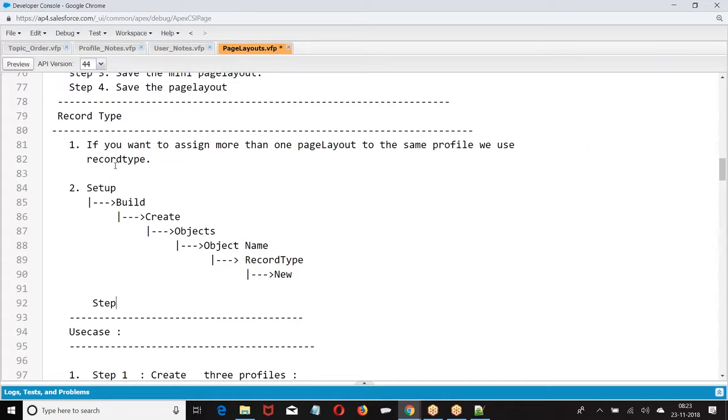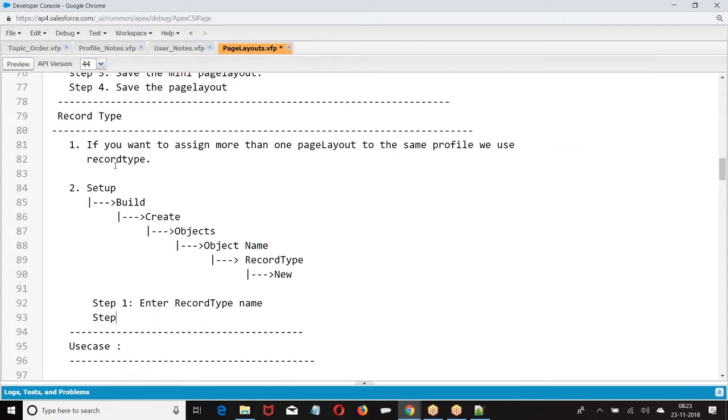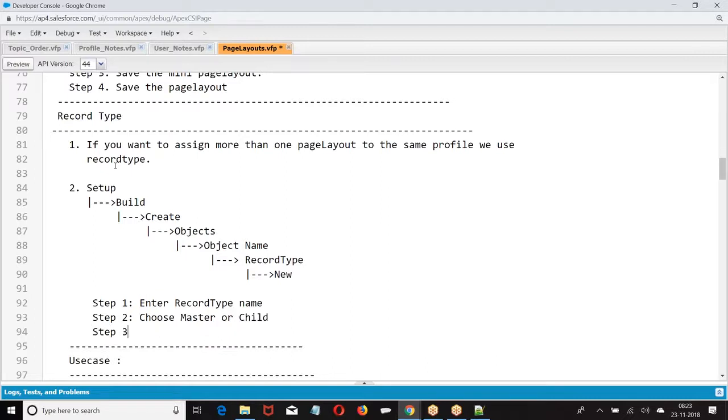What are the steps involved? Enter record type name. Enable active.